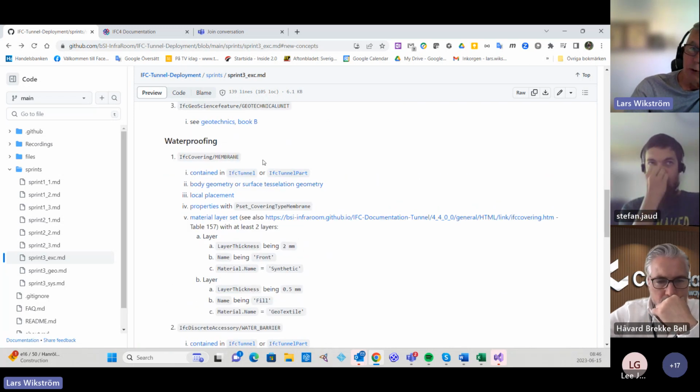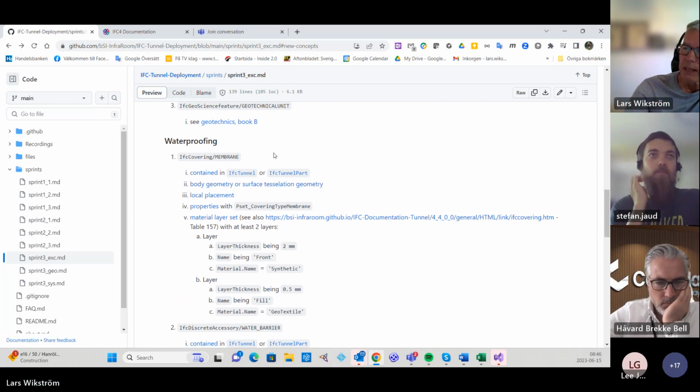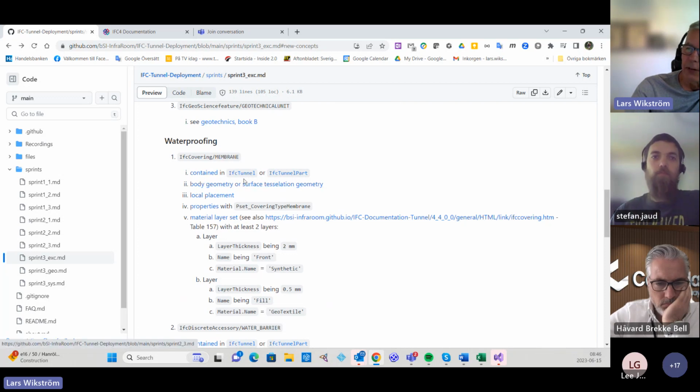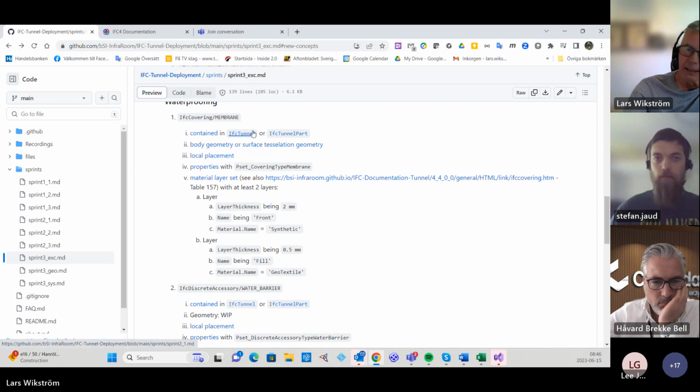Then we have another case for waterproofing, and please ask questions if you have any. So for waterproofing, we are using an existing IFC entity, IfcCovering, predefined type membrane. Again, contained in IfcTunnel or tunnel part, having a body geometry or surface tessellation geometry, local placement, a property set. And then for this membrane, we are actually, and this is a usage that have